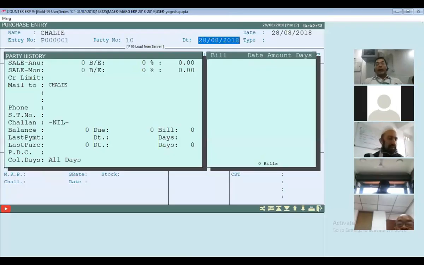Now again date. The first date means the date on which I am entering in the software. The second date tells when the supplier actually raised this bill. In our India, what happens? Few retailers call the accountant once in a week, twice in a week.